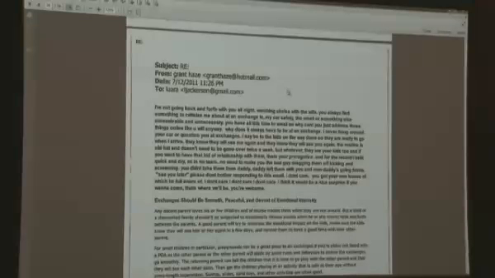I guess it would be the page in front of the email you just read. Oh, I'm sorry, 11:26, yeah. And could you read the text of the first paragraph of that email?